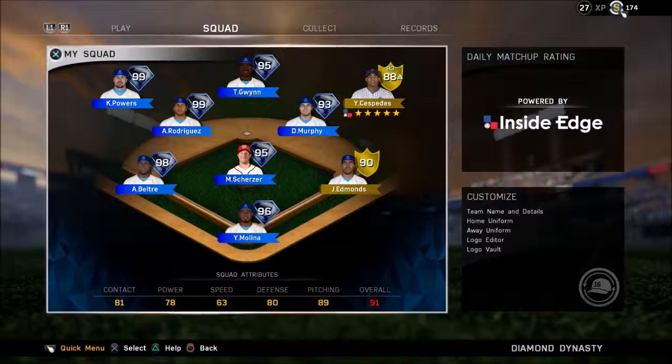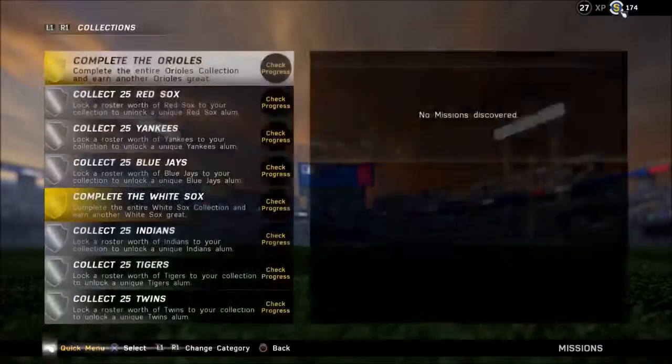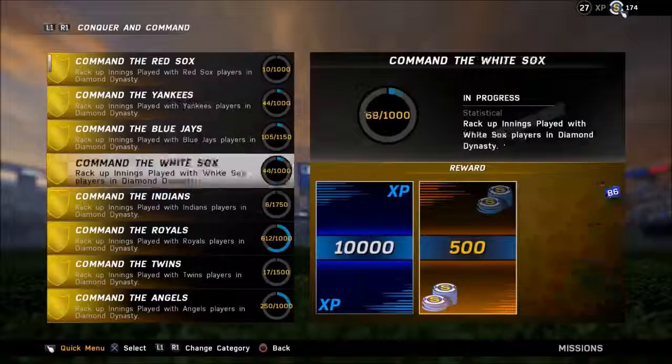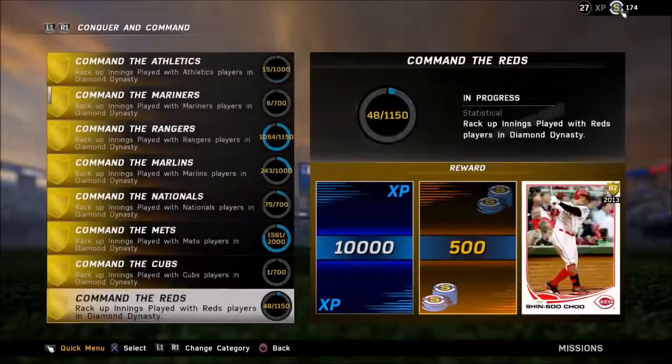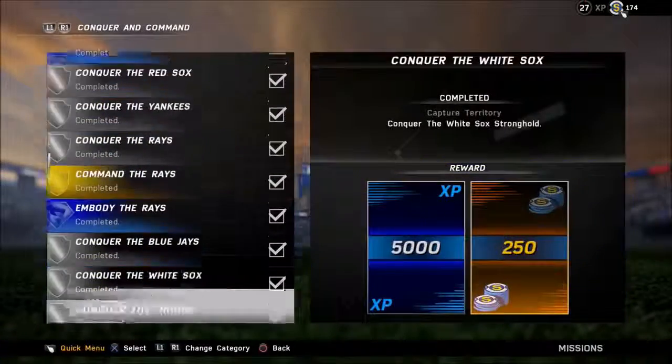Sometimes I'll put him in center, sometimes I'll put him in right. But let's talk about how to obtain this card. Go to missions, and of course this is going to be another card you get in Conquest, and I believe it's one of the better cards as well, up there with that Ichiro card, which I do not have quite yet. But if we go to Conquer and Command and we go for the Padres,